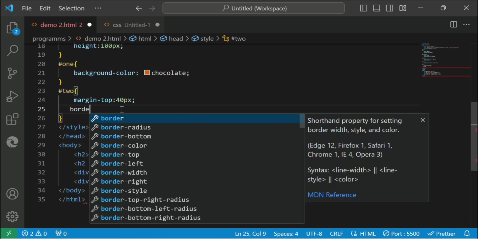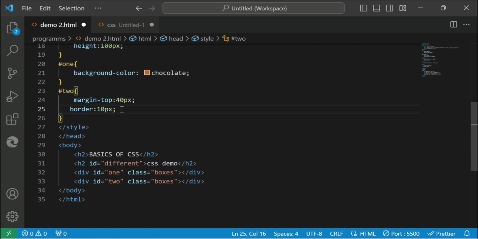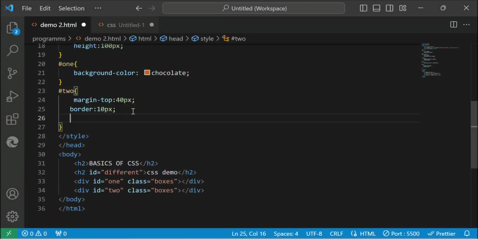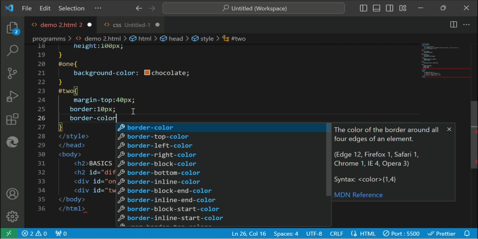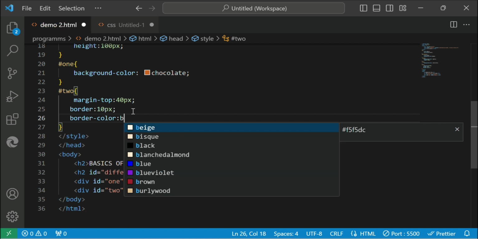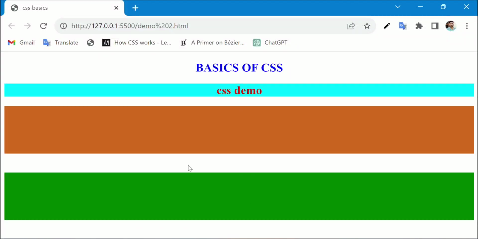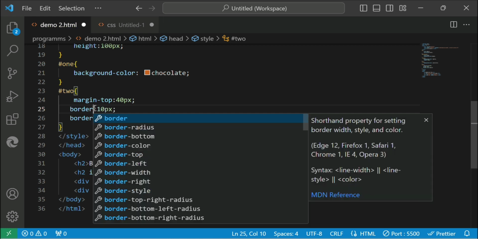So now I'm using the border, and border will create a border around our element, and we can use the border radius to make our element's border a bit circular. Maybe this property isn't working for some reason. So